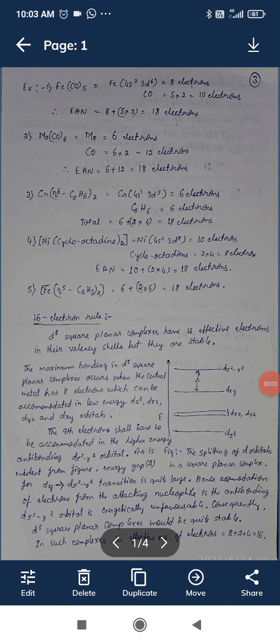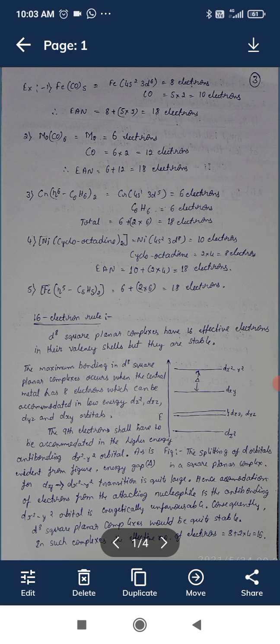Hello students, this is the second video of organometallic chemistry. Last week we saw how the number of electrons can be counted by the EAN rule in the case of organometallic compounds. Now we shall see some examples with respect to that EAN rule, that is, the 18 electron rule. So the first example here you can see is